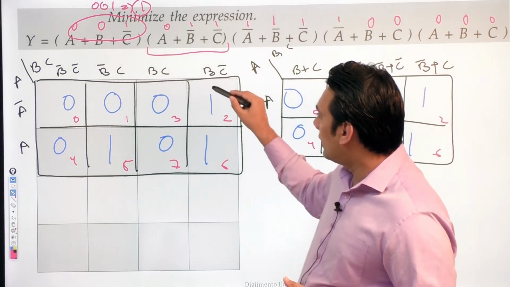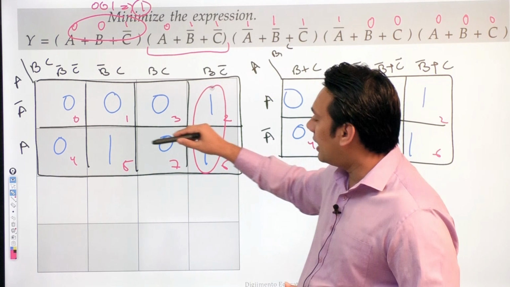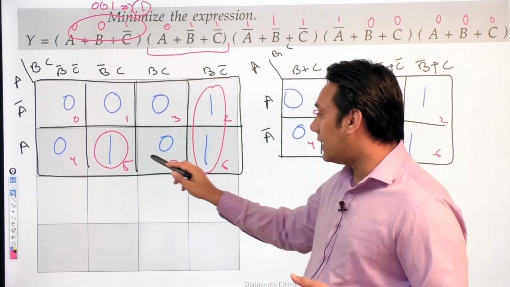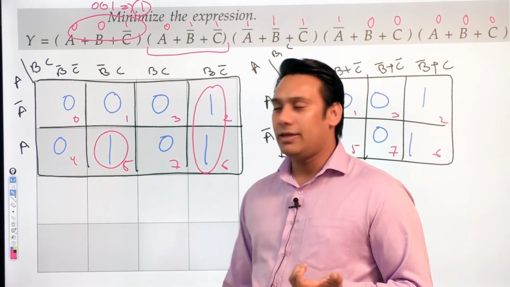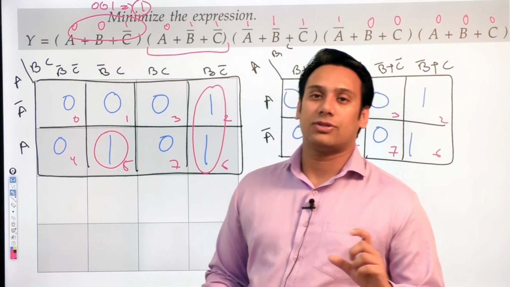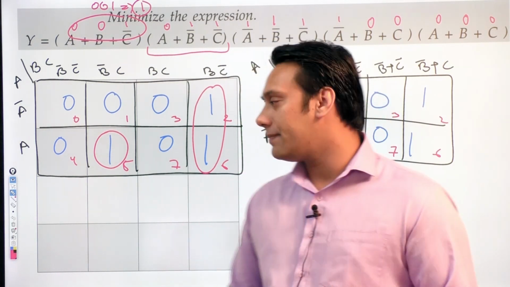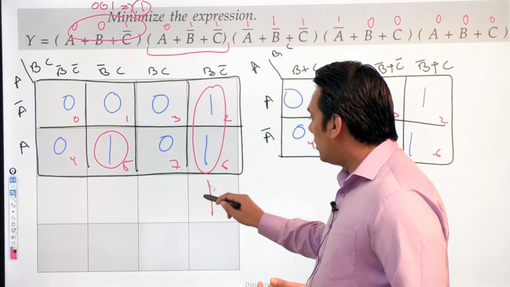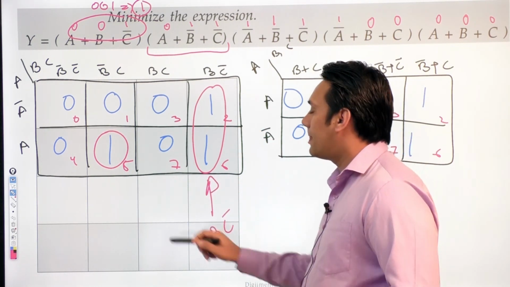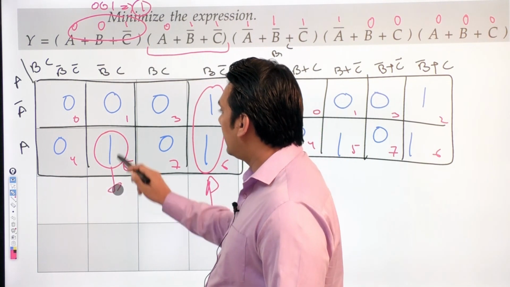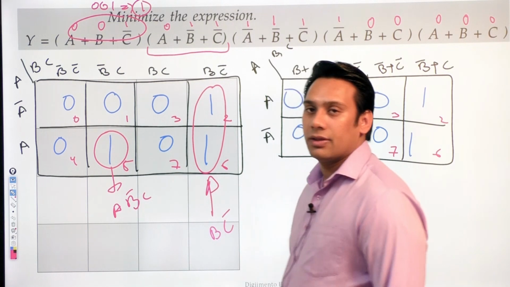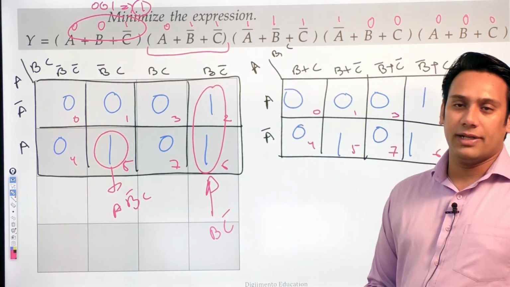So in this case, I can make a subcube here, as well as I can make this as a subcube. So this is representing a prime implicant, as well as this is also representing a prime implicant. Why? It cannot be combined with anyone else, right? And this prime implicant is trivial, so simply I can just say it is an implicant. Okay. So this subcube is representing BC complement, and this subcube here, it is representing AB complement C.